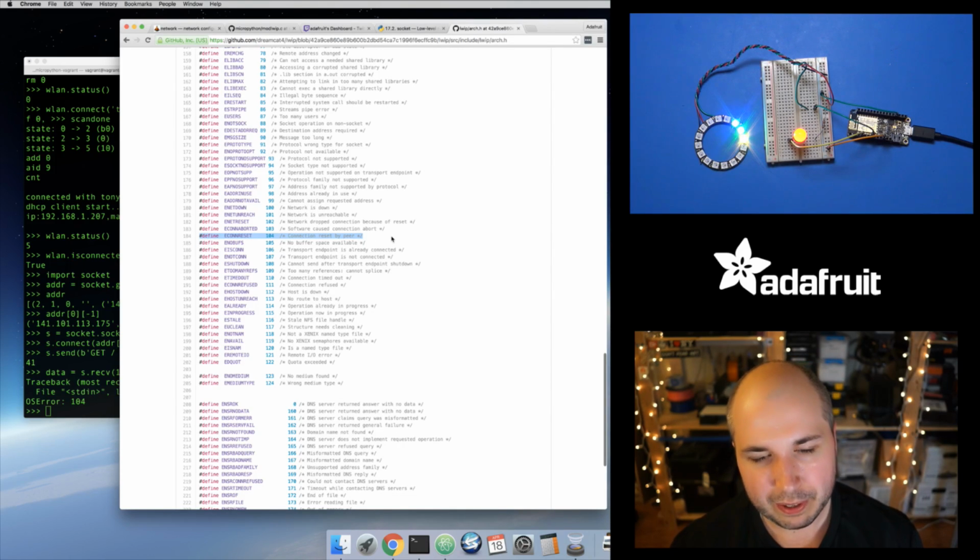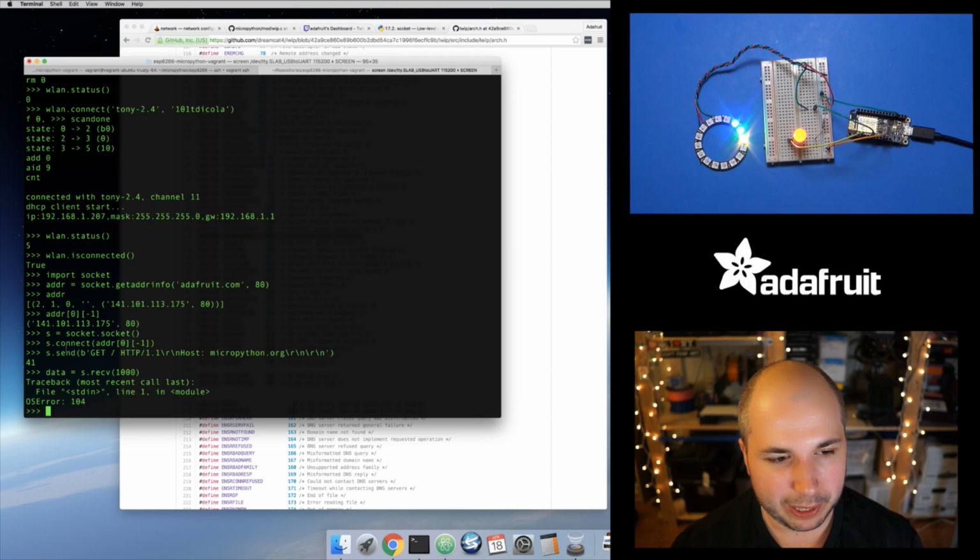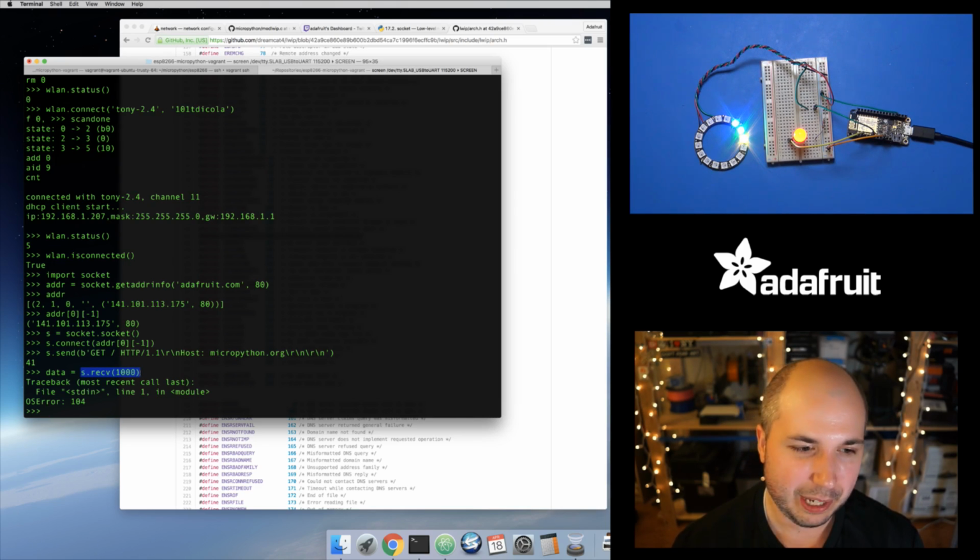So this basically means whoever I was talking to probably closed the connection, which is interesting because I think I was getting a different error before. So I have a feeling what happened here is that I ran this connect, and then I ran this send, and it took me a few seconds to make this send. And then it took me a few seconds to actually do this recv command. So in that time, the server that I'm connected to probably said, you took too long, I'm just closing this